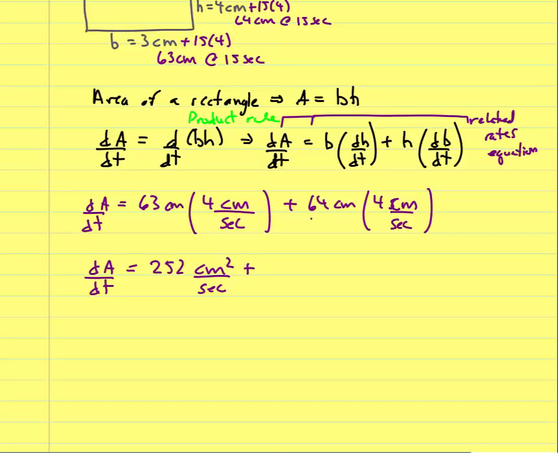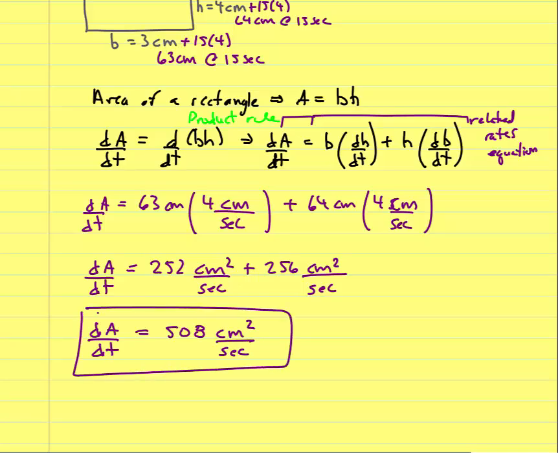Okay, and then 64 times 4 would be 240 plus 16 would be 256 centimeters squared per second. And then we add those together, and 252 plus 250 is 500. This looks to be 508 centimeters squared per second. Okay, now this one is already in exact form, but this makes sense because area is